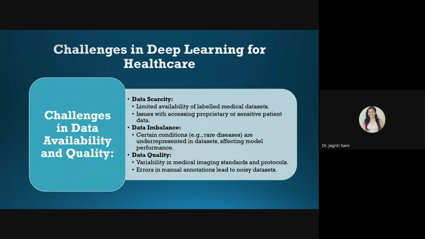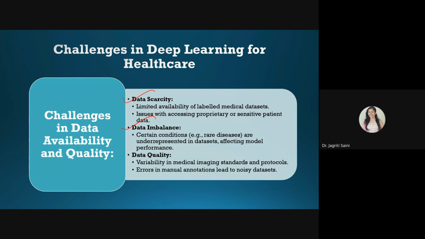Furthermore, we can talk about a few challenges that you will experience while deploying deep learning models in the healthcare industry. Data scarcity is one of the biggest challenges, because getting a quality dataset from the hospitals directly is the biggest problem. That information contains sensitive data about patients, and hospitals do not agree to share that data because of privacy concerns. So how in future we are going to get that data, or whether federated learning is going to help us, are issues we need to keep in mind. And data imbalance is another case, because for some disease conditions you will find many samples, and for others you will find limited ones.